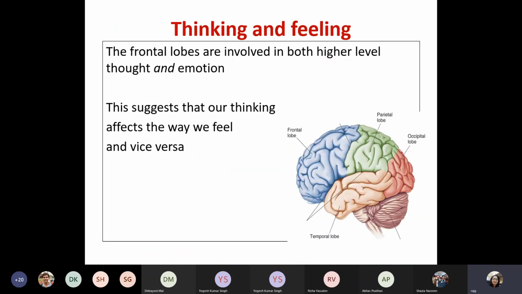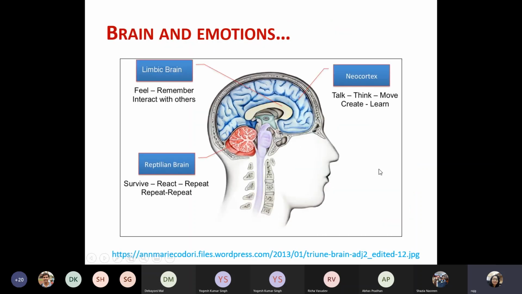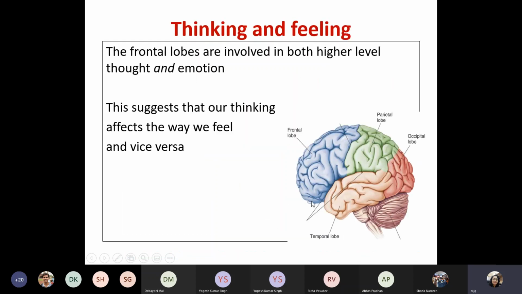fine. So now we know this about the brain. Now this is a turned brain. Here the face was facing on the right, and now in this the face is facing on the left. Now you see the frontal lobes. The brain can be divided into four lobes. I already told you about it, but I'll just repeat it for a few minutes.